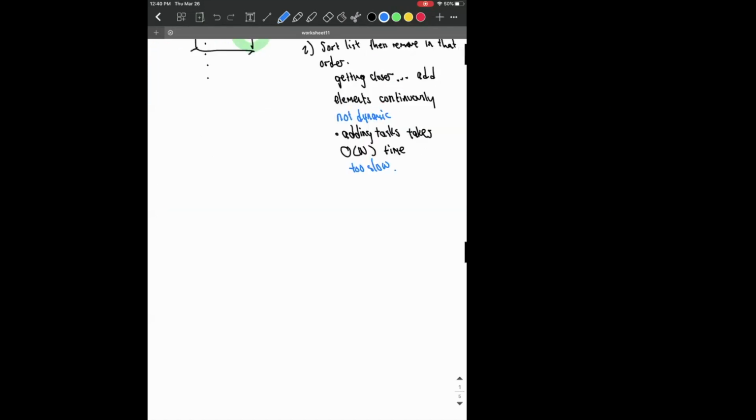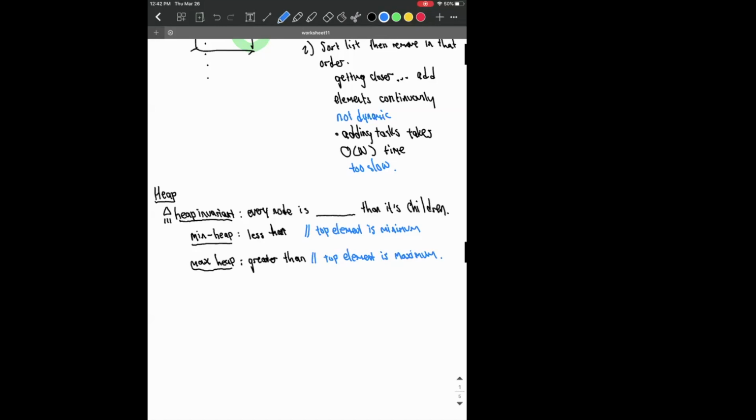So in this class, we have seen stacks, queues, and their underlying data structures were arrays. The next one that can solve this problem efficiently is called a heap. Okay, the heap invariant says that every node is blank than its children. For a min heap, every node is going to be less than its children, meaning that the top element is a minimum, okay? For a max heap, every node is greater than its children, which means that the top element